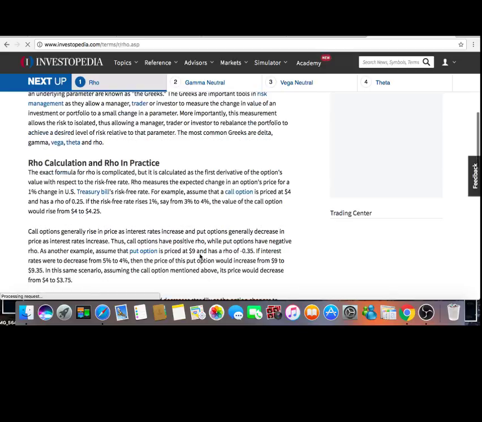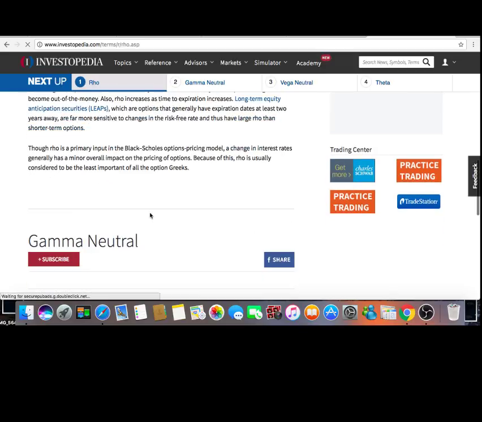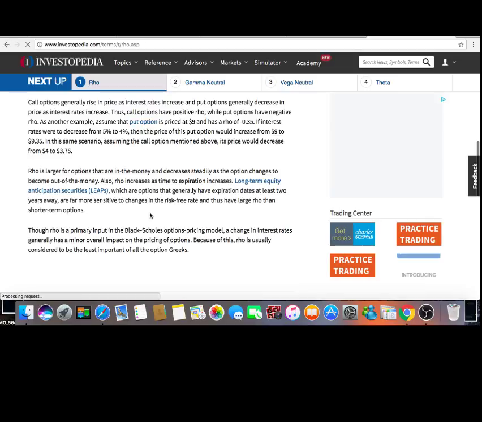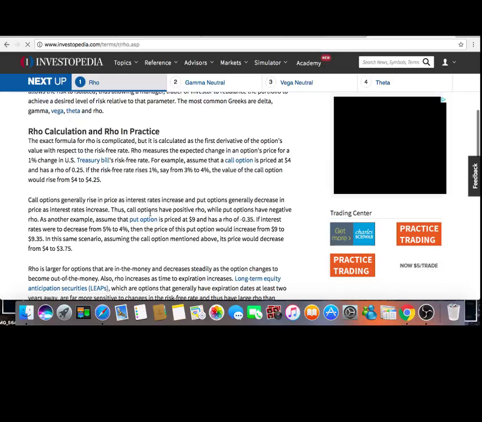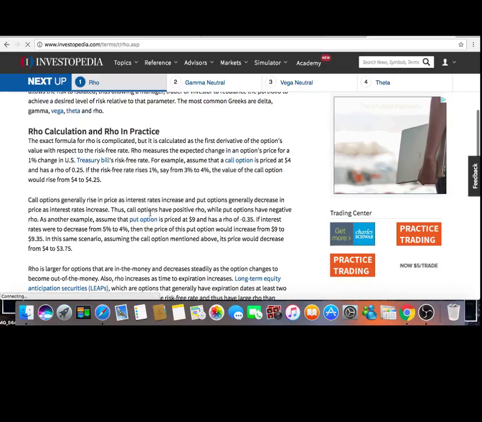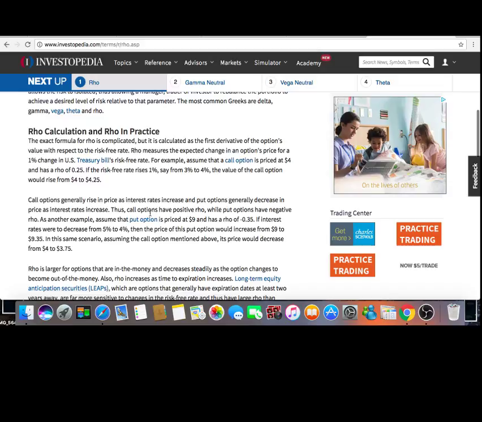Okay, let's do an example. Okay, the exact formula for Rho is complicated, but is calculated as the first derivative of the option's value with respect to the risk-free rate. Rho measures the expected change in an option's